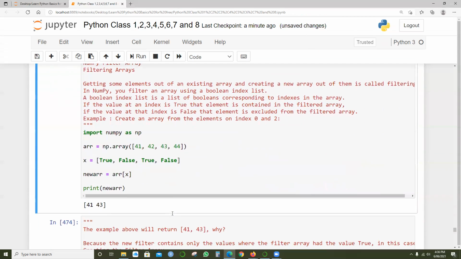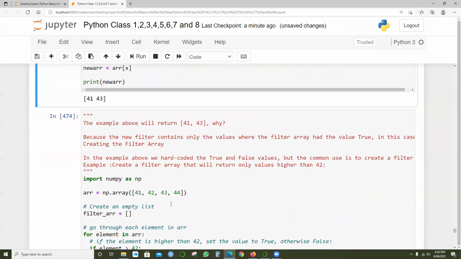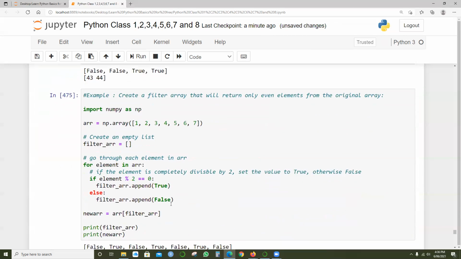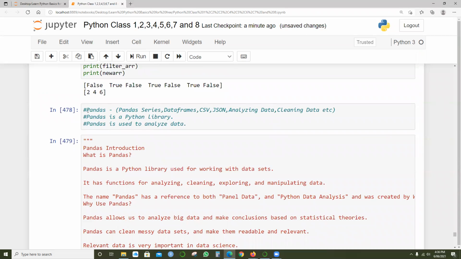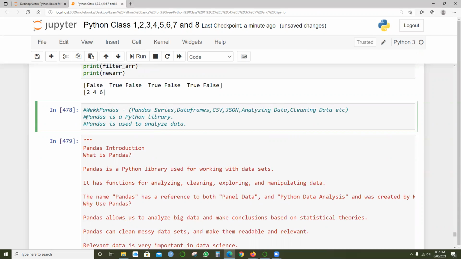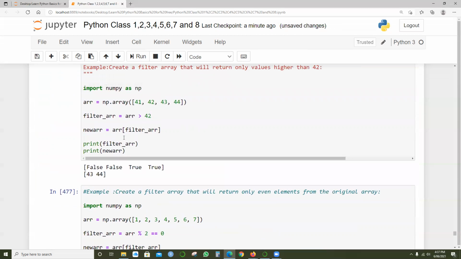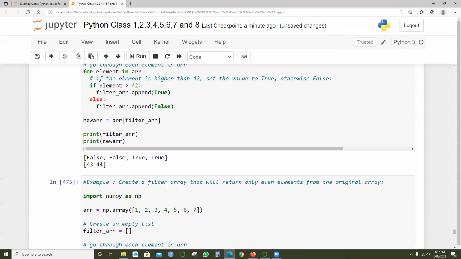So let's get into the last topic, filters, and in the next session I will talk about pandas. We'll pick that up in the next session of week 9. I will be taking only five more minutes, not more than that.